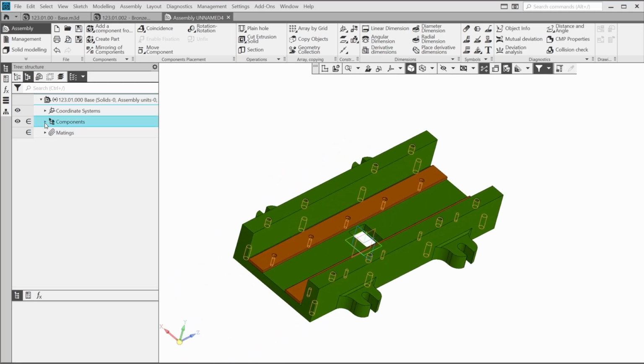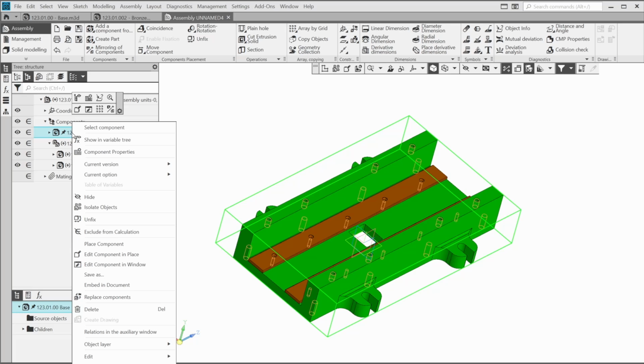In the tree, you can see all the components of the assembly, the base, and two bronze plates. The pin symbol next to the base means that this part is fixed. You can unfix a component using the Unfix command in the context menu.